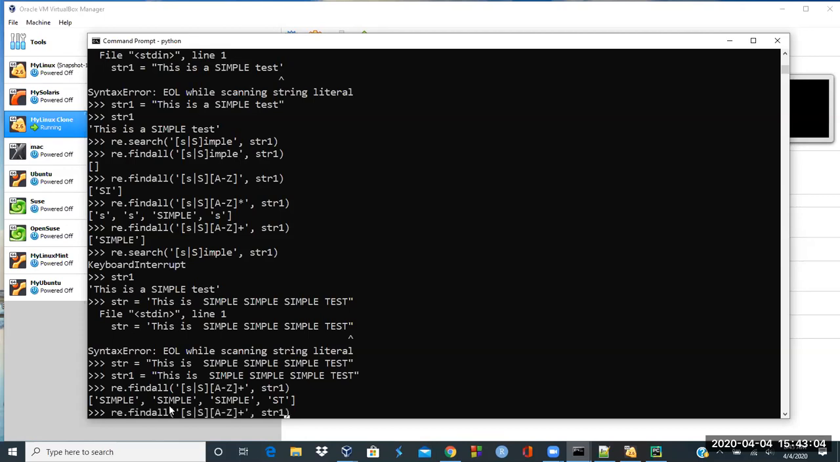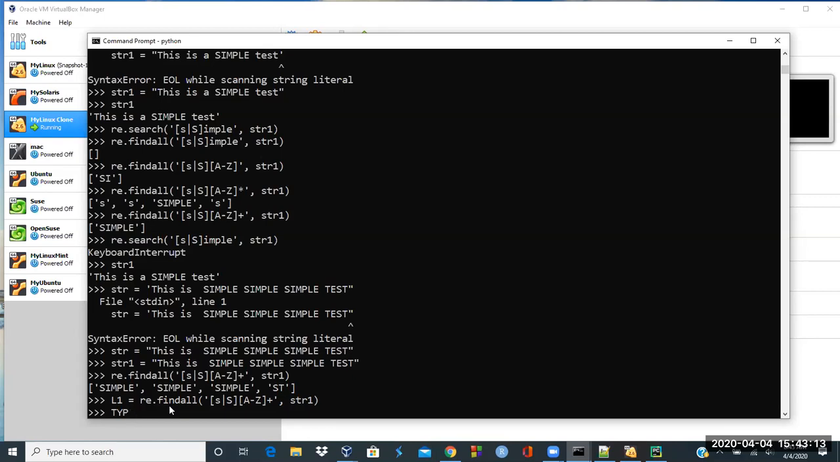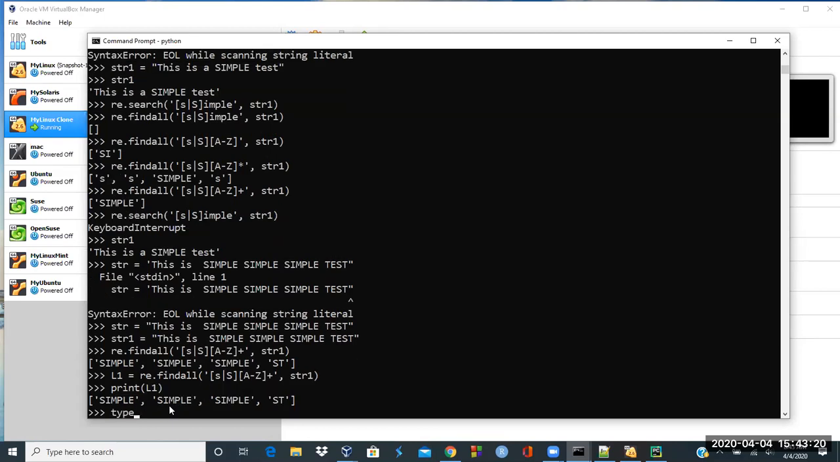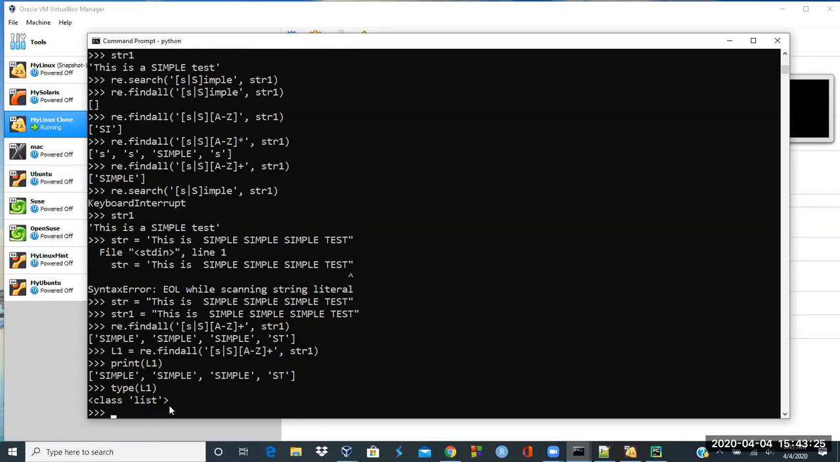So then I could just assign this to a list called L1, like we did in the first day of the class. So now I type in print L1, it is the same list that I just returned. If I look for type of L1, it says that it's a list, right? So it's not a regular expression match, it's a list, which means I can traverse through it with a for loop. I could say for line in L1,